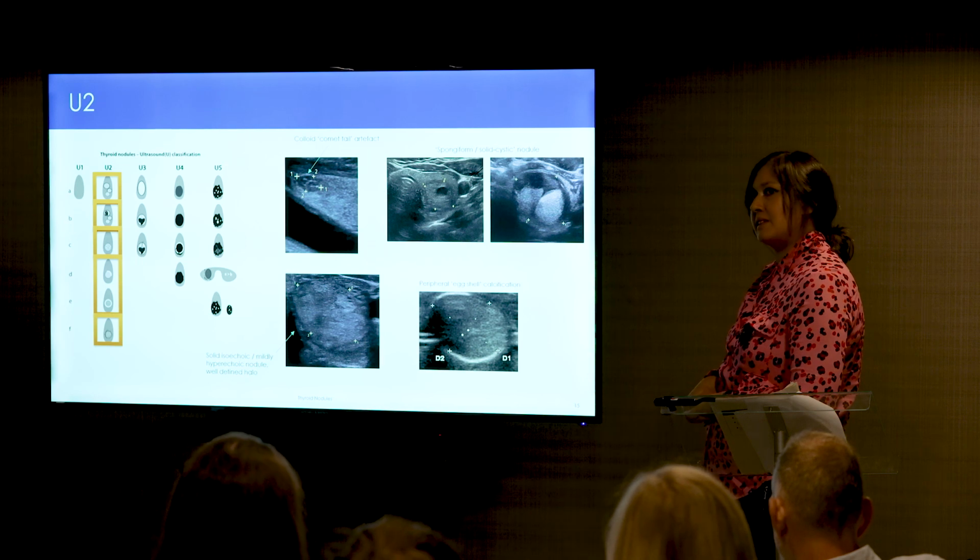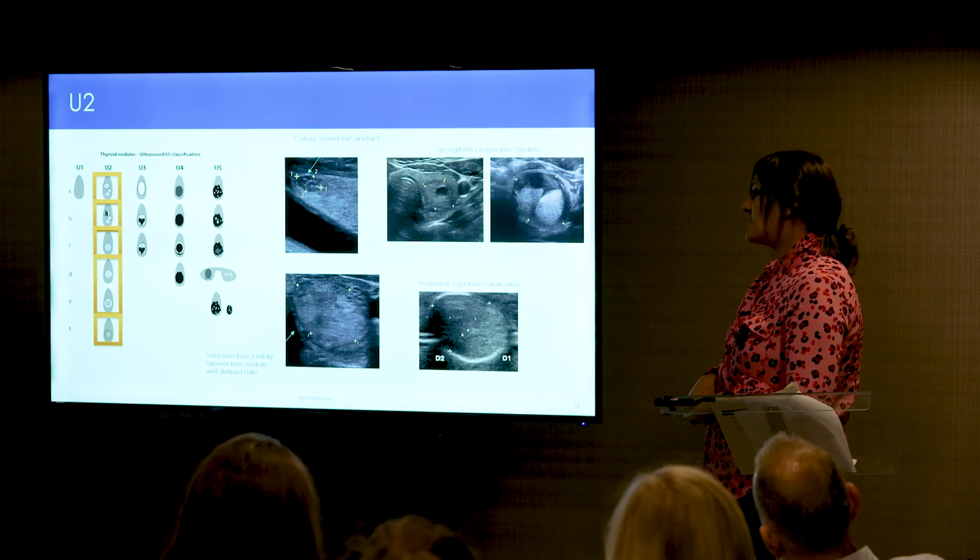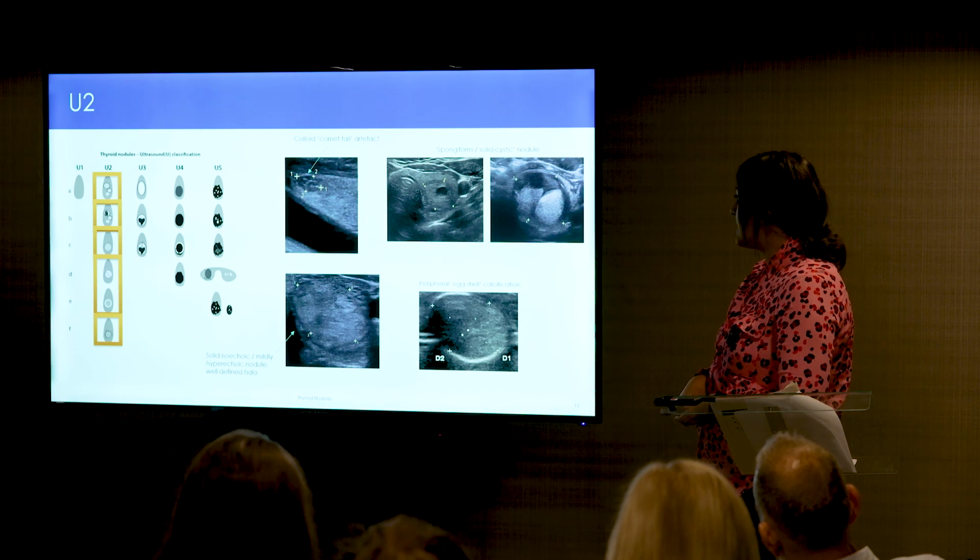There's no internal vascularity within the solid component. So this was something that I graded as U2. And this